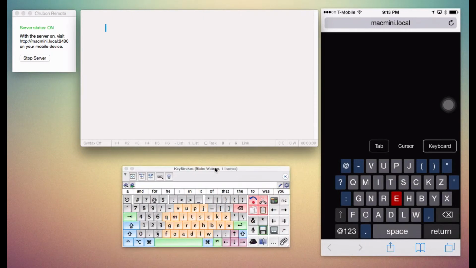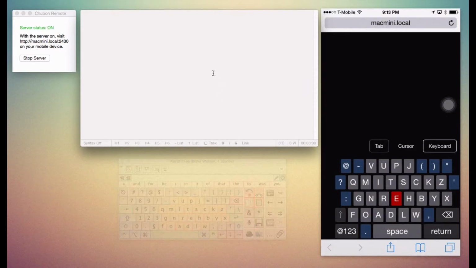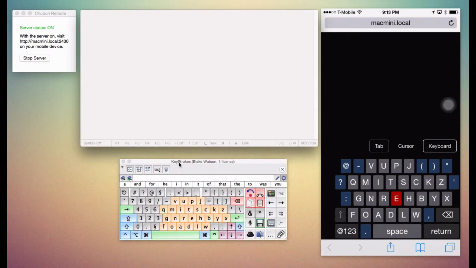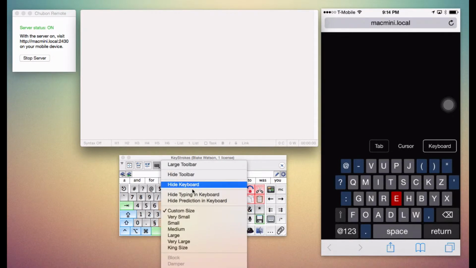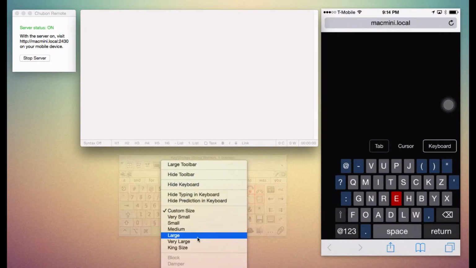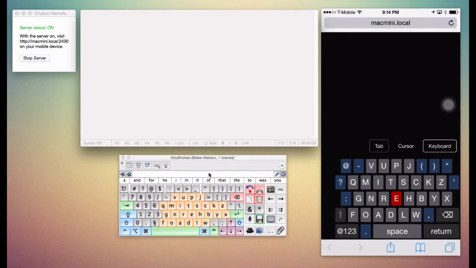Okay, this is a little demonstration of how I type. I use two different technologies. I use this on-screen keyboard called Keystrokes, and I use different apps on the iPhone. But this is a demonstration of one that I created. Anyway, a brief backstory, real quick, is that a lot of computers have these on-screen keyboards, but